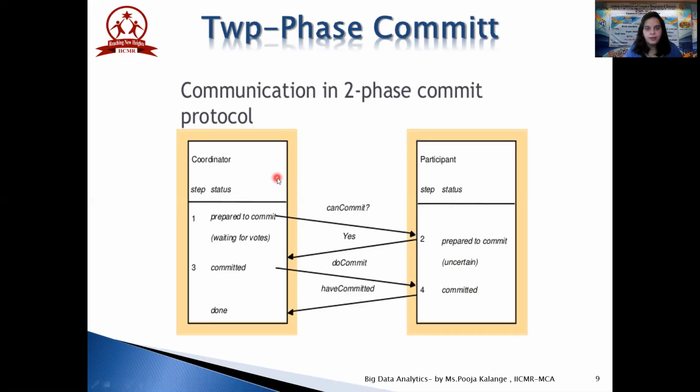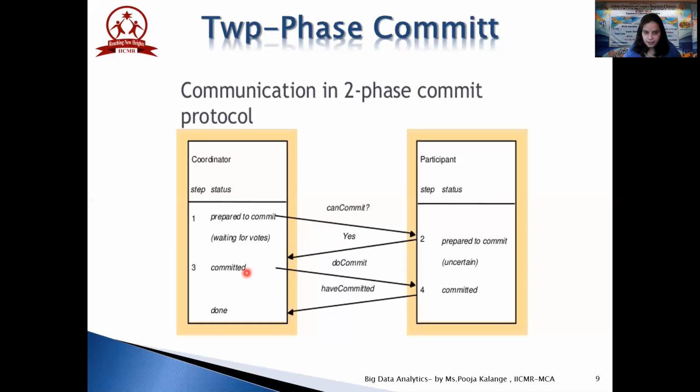Since this is a two-phase commit protocol, let us see what happens in it. First, the coordinator will ask the participant whether it is ready to commit or not. If it says yes, then it will send an acknowledgement and the participant's transaction will be committed by the coordinator. One more case: if the coordinator is waiting to commit and there are some other processes which are busy, they will ask for votes. Whenever they get the maximum votes, at that time the transaction will be committed.